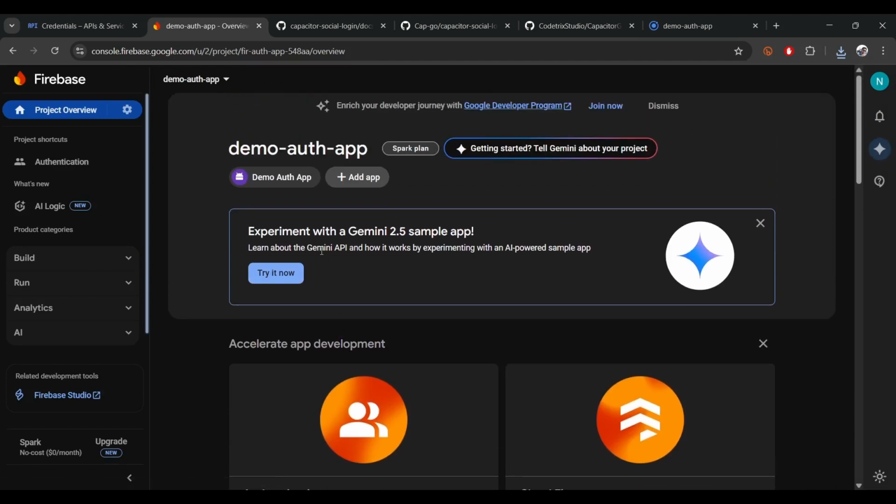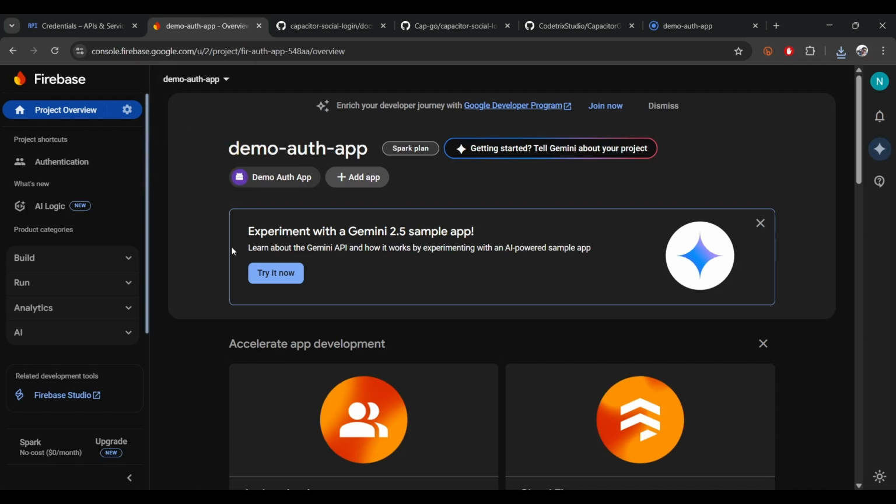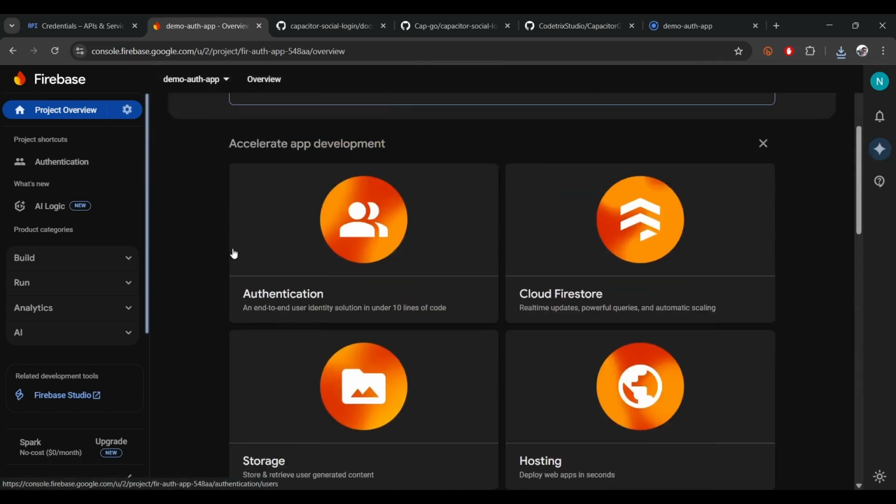Now, for authenticating on the web, let's say you are using the same code for your website and the same code for your Ionic app. That's why I am saying we need to set it up for a web app also. Okay, so let's go back here, and then if you scroll,